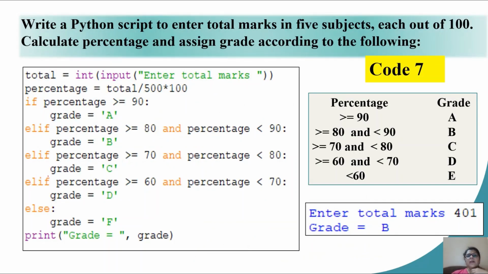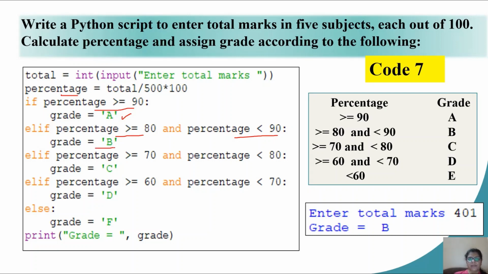One more program. With this, I want to check the grade of a student. I want to calculate the grade of a student on the basis of marks entered by the user. I want to enter the total marks. From that total, the percentage will be evaluated. If the percentage is greater than or equal to 90, I want the grade to be A. If the percentage is lesser than 90, in that case, I have further subdivisions. I'll again check if percentage is greater than 80. At the same time, it is less than 90. I want the grade to be assigned as B.